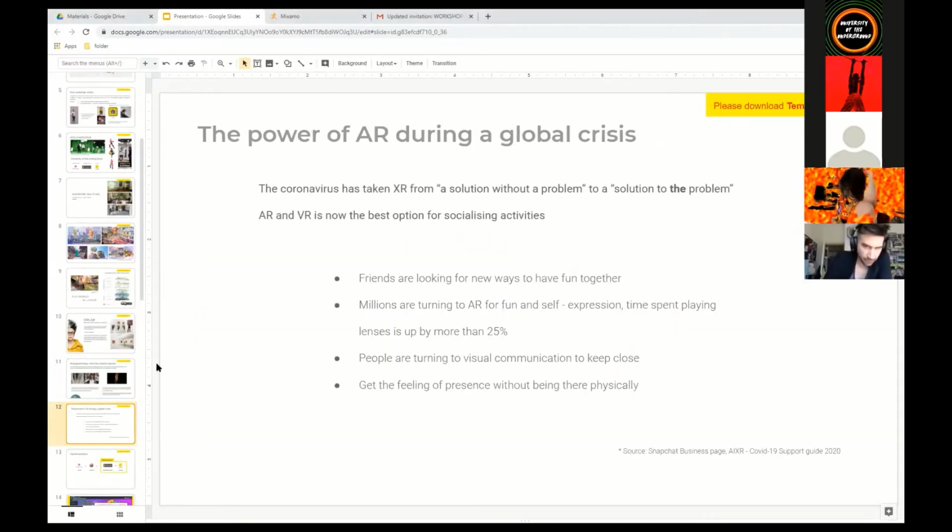Okay, the next thing I just want to mention is some interesting information I got from the XR community. XR is the overall term for AR, VR, and mixed reality. So it's extended reality, just to explain a little bit. And this information also came from the Snapchat business website. They are saying that